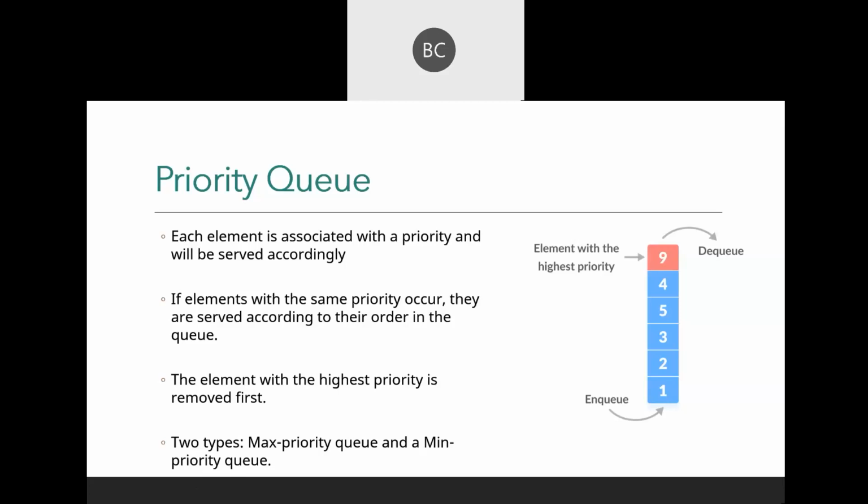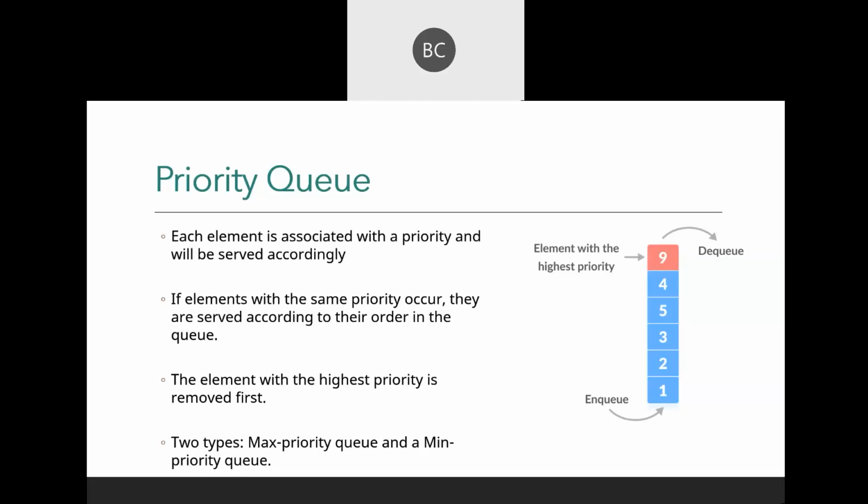About priority queue, we have already discussed in the last class. Now we will go a bit deeper into that. So what was a priority queue? It is similar to your normal queue, except that each element has some priority. The element with the highest priority would come first in the priority queue. And if two elements have the same priority, then we will serve them according to the order they arrive.